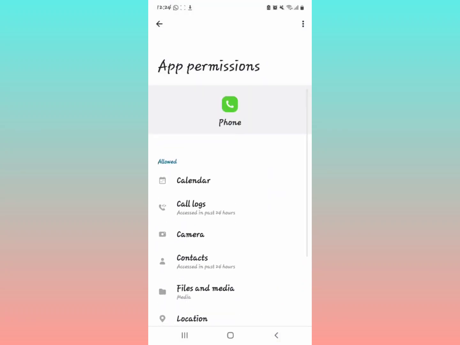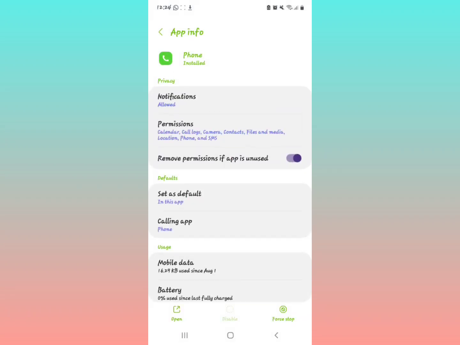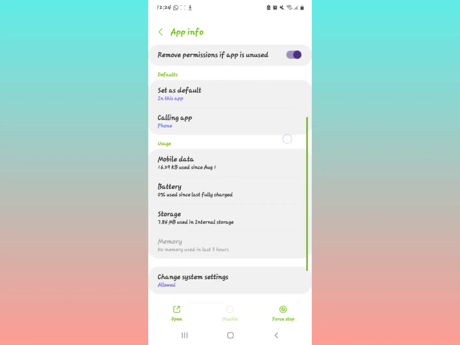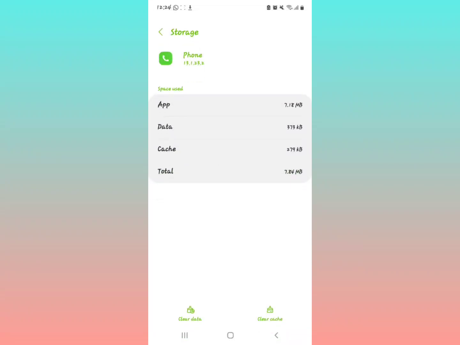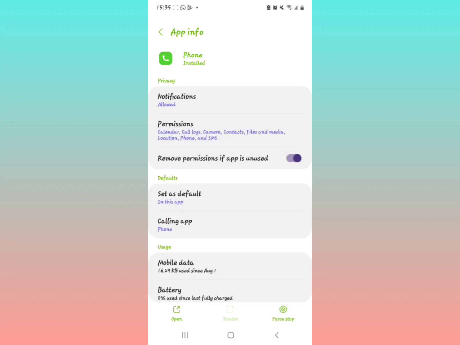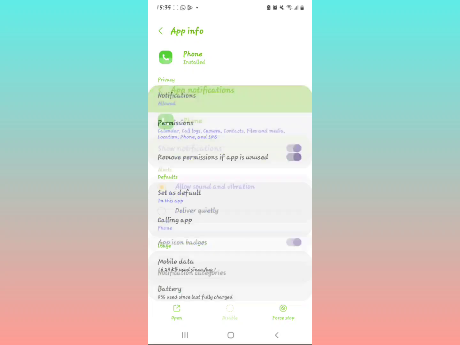So after enabling that, you can decide to go backwards, and then we're going to try to clear cache. Make sure you clear cache to solve this problem. If this doesn't work for you, you can try to clear the data as well, so that you solve this problem. And also you need to go back to the phone's application and make sure your notifications,